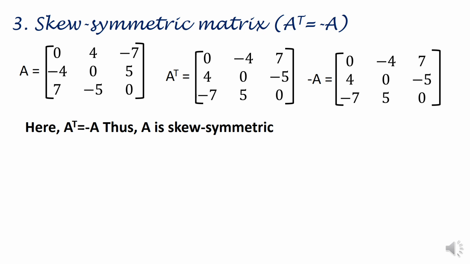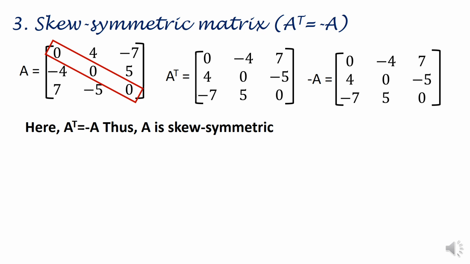Now, one more important thing to remember is that in a skew symmetric matrix, the diagonal elements are always 0. So, thus, two conditions are obeyed by a skew symmetric matrix. First of all, the transpose of the matrix is equal to the negative of the matrix, and secondly, the diagonal elements are always equal, that is 0.